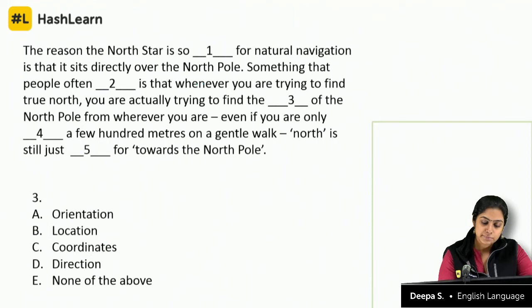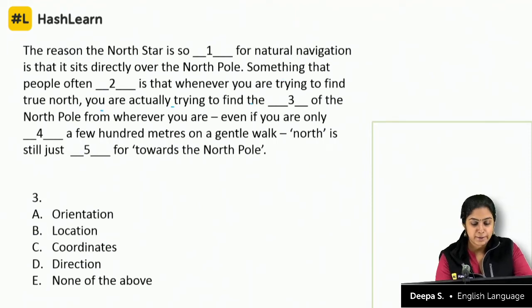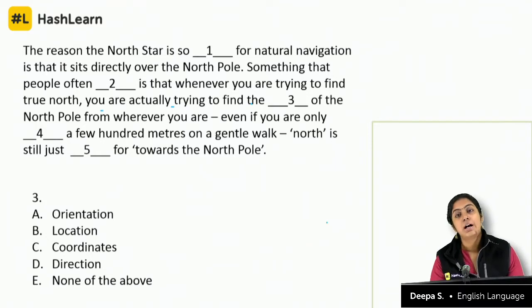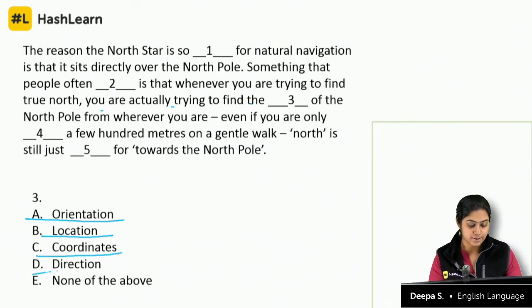Then look at this. You're actually trying to find the dash of the North Pole. I'm trying to figure out where the North Pole is. There is orientation. What is orientation? This fits in exactly in this particular place, okay. So orientation is how it is directed, how it is placed. Then location, and then coordinates, direction, none of the above. I would go with